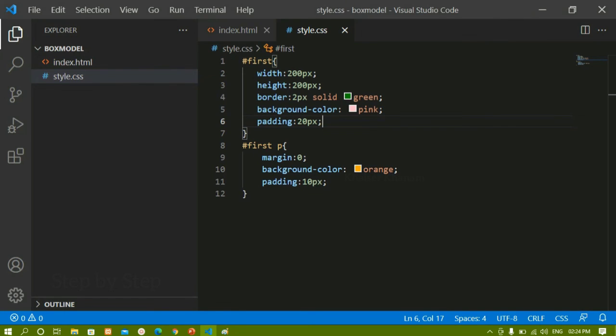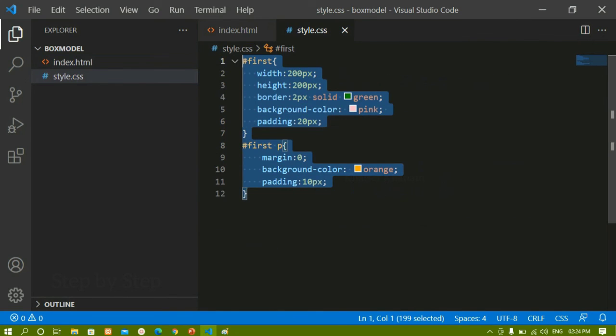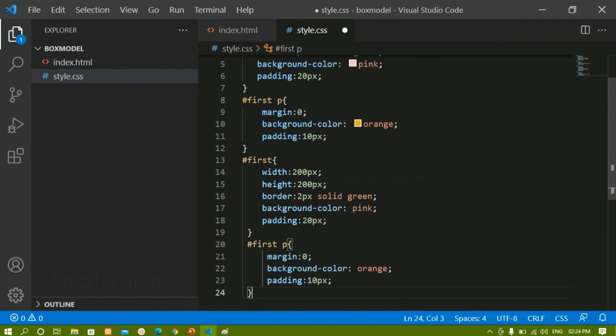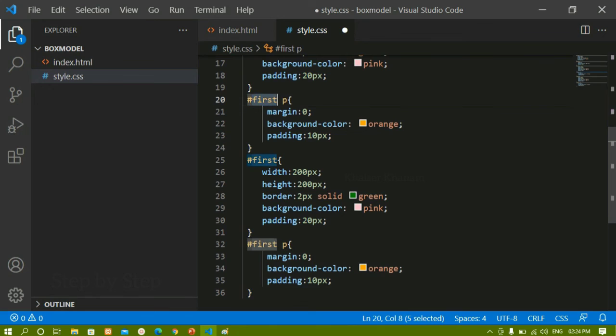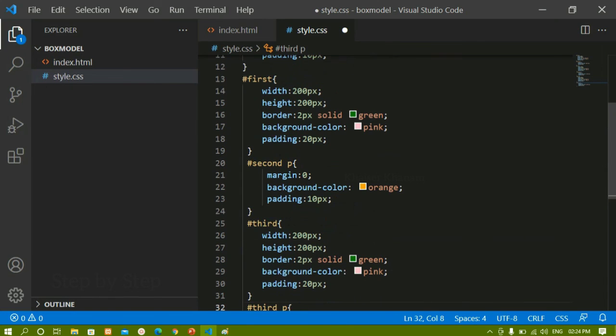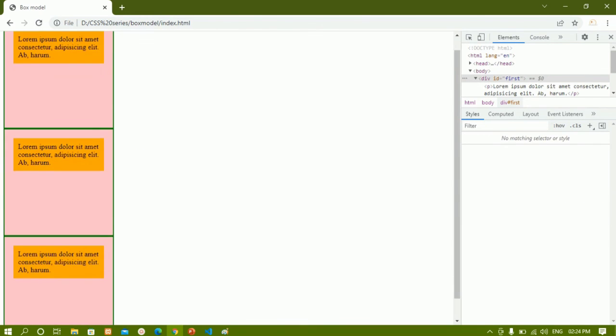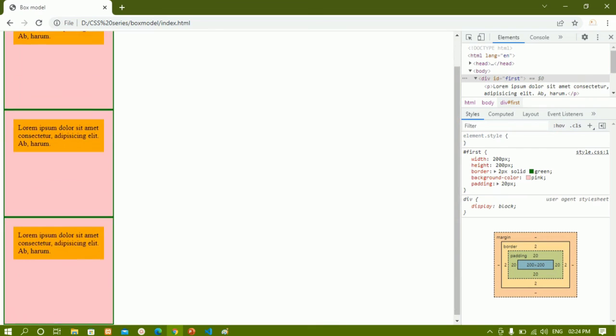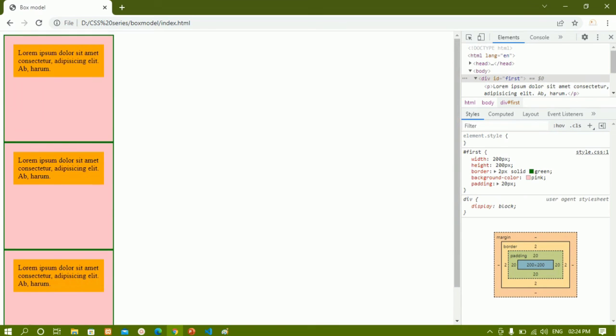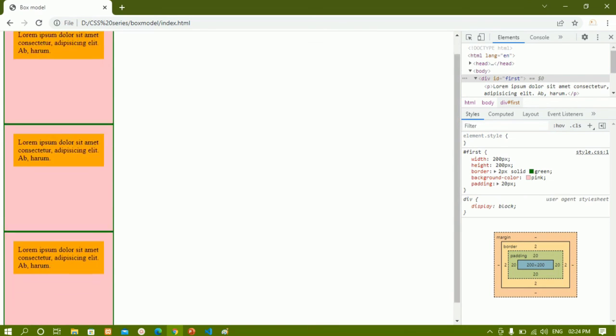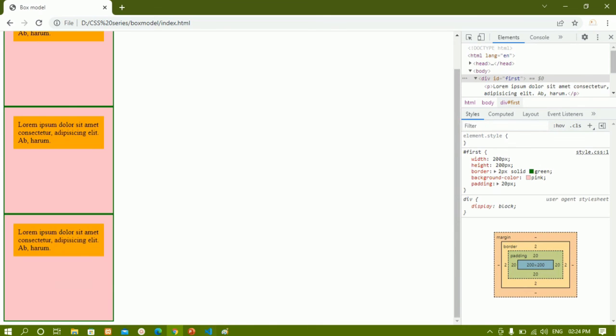Now let me just come here. I'll just copy the same stylings. I'm just going to paste, and here I'm just going to paste. Instead of this, I'll be writing second. I'll just write here third. I'll save this. I have just copy pasted and I have just changed the ID. Now you can see I'm having these 3 div containers. Now for the first div container below I'm not having any spacing, and for this also I'm not having any spacing.